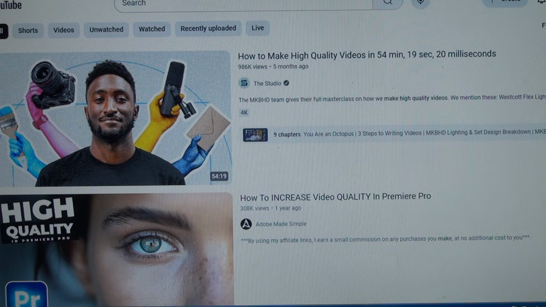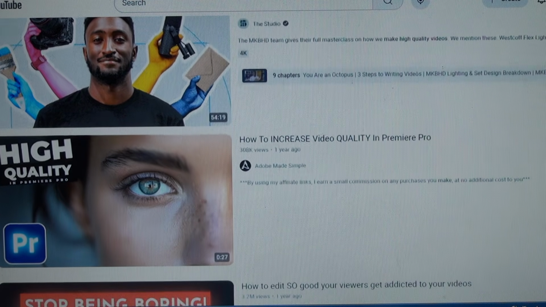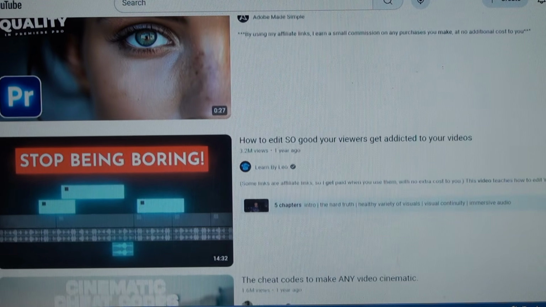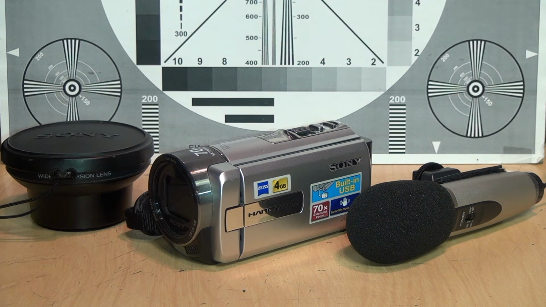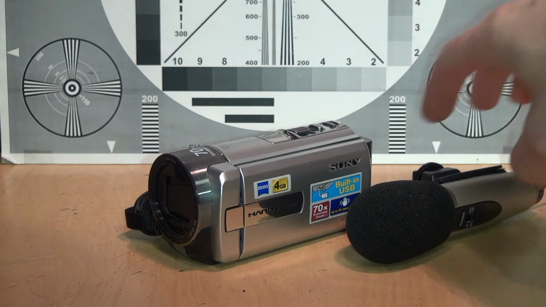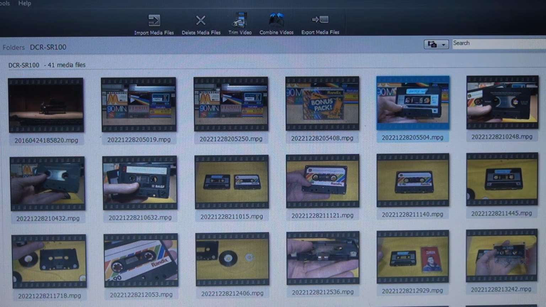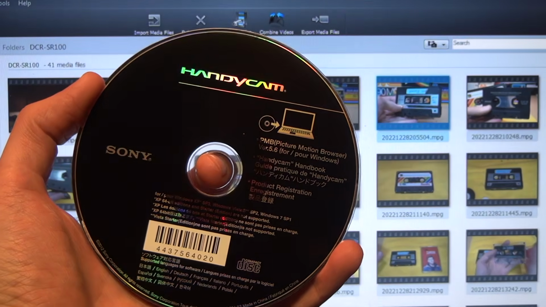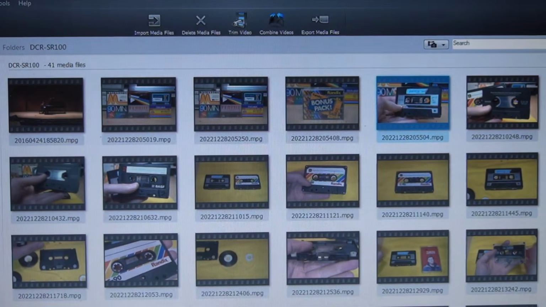There are many videos showing you how to make high-quality, slickly edited, professional-looking videos. This isn't one of them. Instead, I'm going to show you how I make videos using an obsolete standard definition Handycam, no special equipment like lenses or microphones, and the least amount of post-production editing I can get away with using a free piece of software that most people threw out 15 years ago.